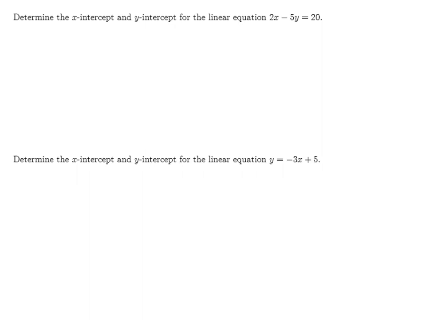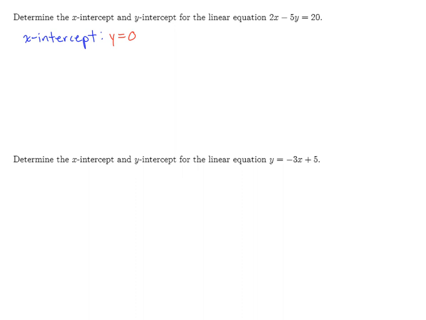In this example, we're going to algebraically determine the x-intercept and y-intercept for two different linear equations. To start, we want to recognize that the x-intercept is going to occur when the y value is 0. We saw that in the graph in a previous example. So, algebraically, I'm going to write down that the x-intercept is where y equals 0. So if I want to algebraically determine that, I'll replace the value of y with 0 and solve for x